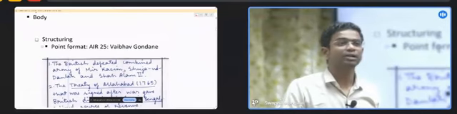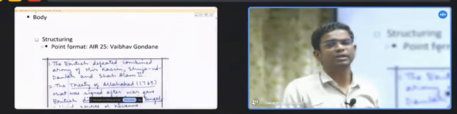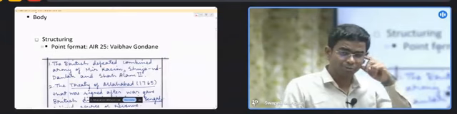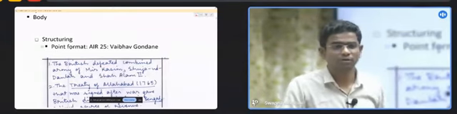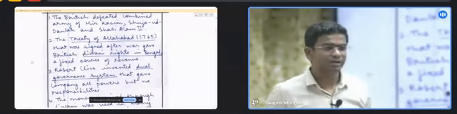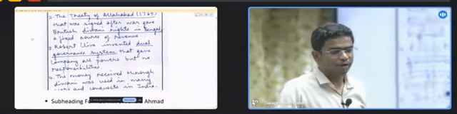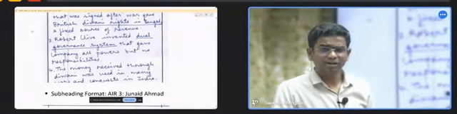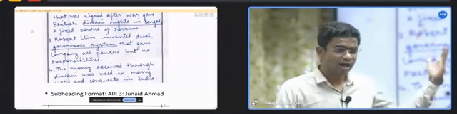Now, Vaibhav Gundane scored rank 25 in his first attempt itself. He cleared at the age of 22 itself, and he got into IFS because his first person was IFS a few years ago. Okay, so it is his answer copy that I'm just trying to showcase to you. See the kind of presentation that he has done, how he has underlined a few of the points which are of importance, etc. Try to replicate such good practices across these different topics that I'm showing you.